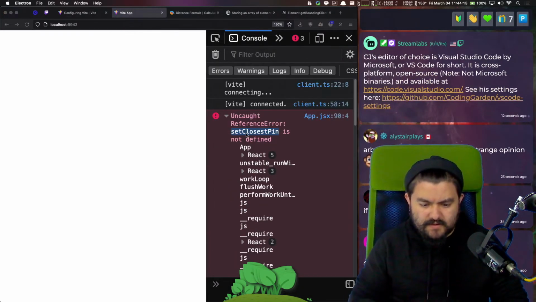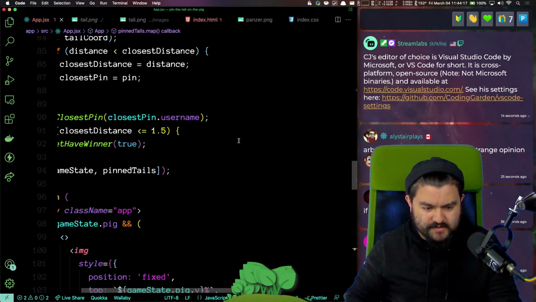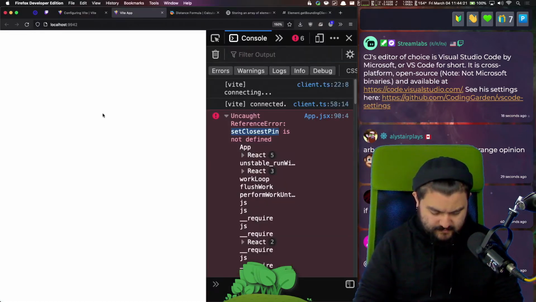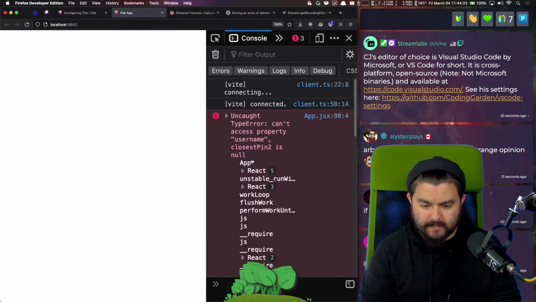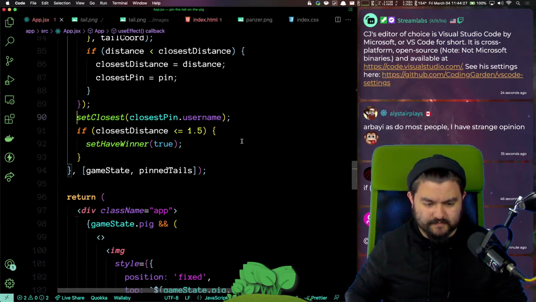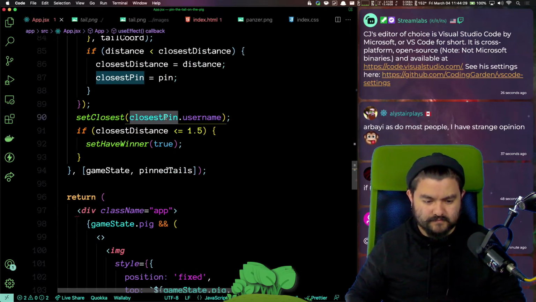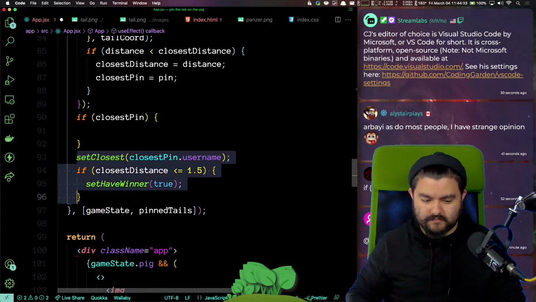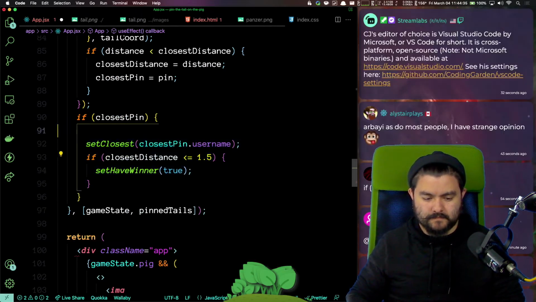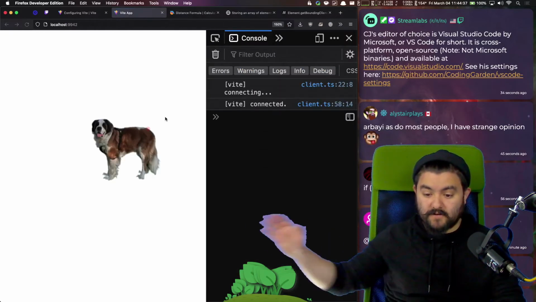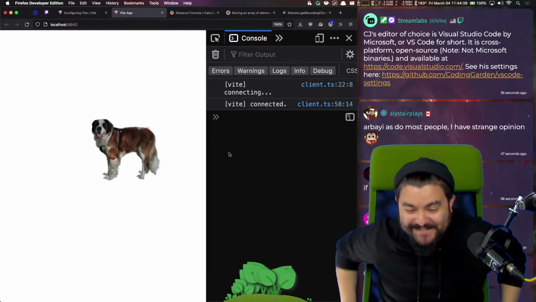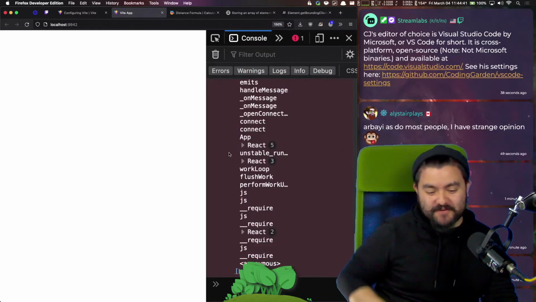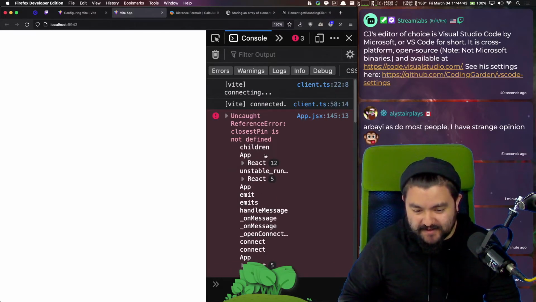set closest pin is not defined. You're right. It's just set closest. Can't access property username closest pin to is null. All right, try now. So exclamation mark pin followed by 2 coordinates. I've broken it. Okay.